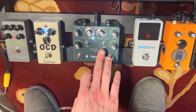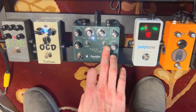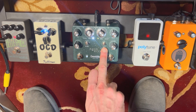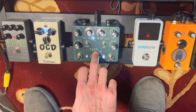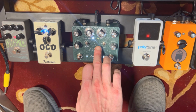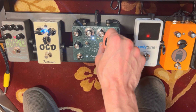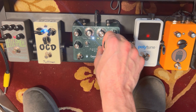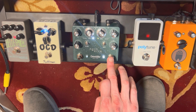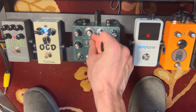And then you have a ramp speed between the two settings, which is controlled on the switch right here. I prefer it to be kind of a medium transition, and it has 3 settings, which are immediate, medium, and then a slow setting also to transition between left side and right side. So starting on the left side,